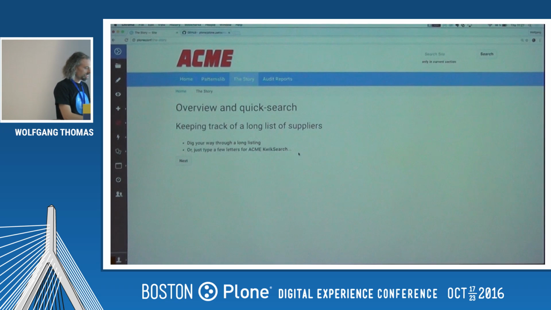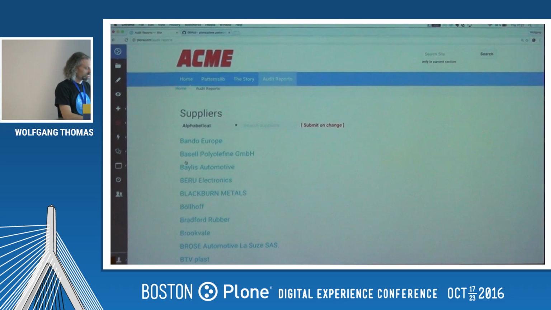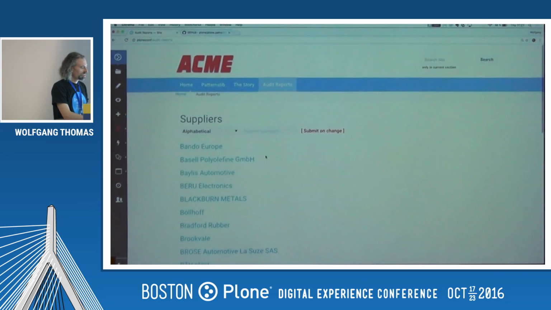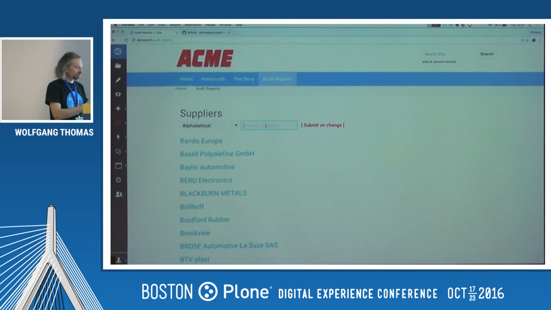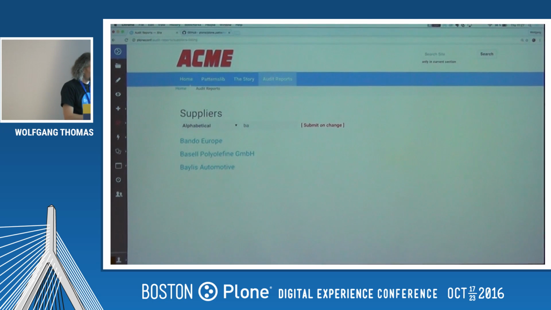So the pattern I'm showing you is nothing new, but basically the first approach is this very naive approach: you do a custom search, a list of all suppliers, a long list, but you want to search through them quickly and filter, so you can just type two letters or whatever, and it filters it down, or just reverse, like you can have more than one filter parameter. But you might notice,